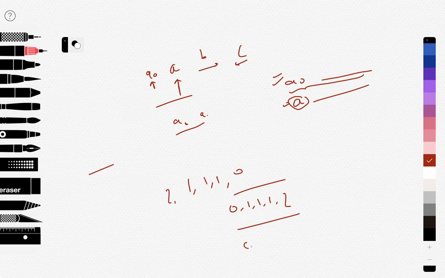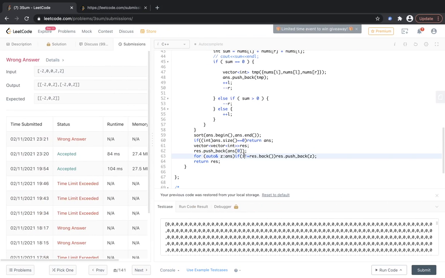So 0 I'm pushing in the array, 1 I'm pushing in the array. Now this one is the same as the previous one that was pushed, so don't push it. Ignore this, and now push the 2 in the array, and hence we have an array of unique elements. I'm doing the same thing with the vector of vectors.